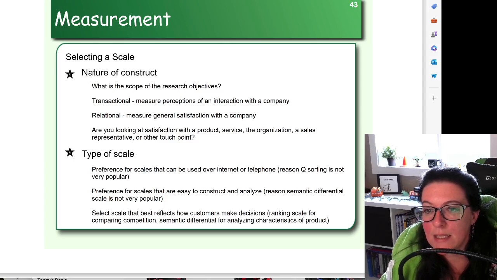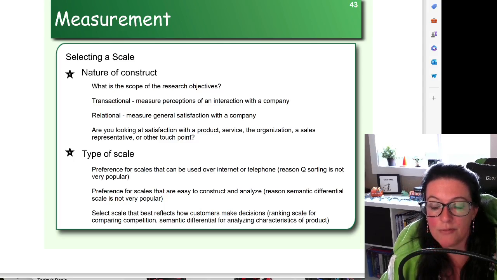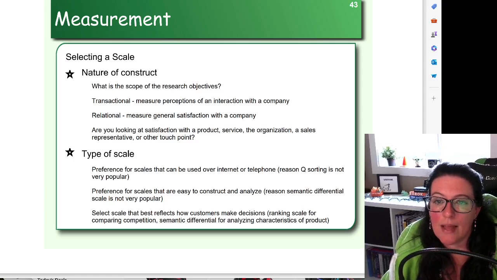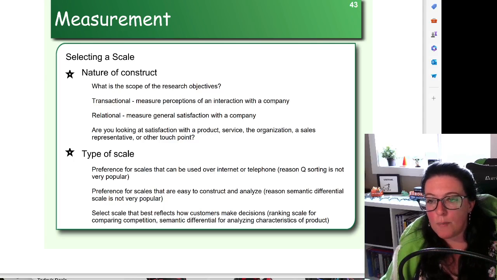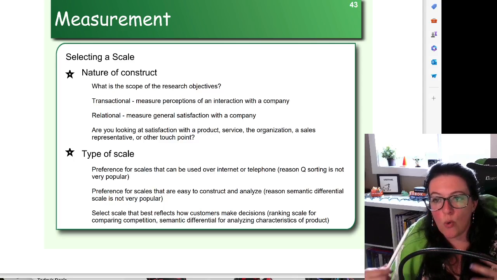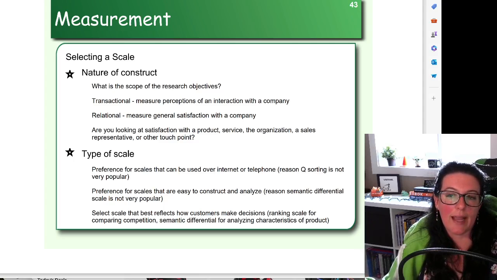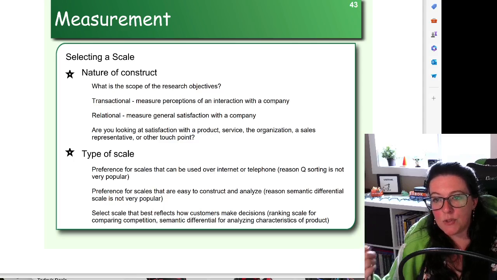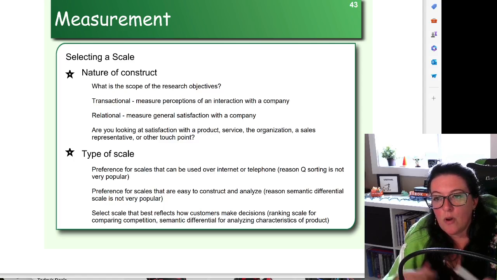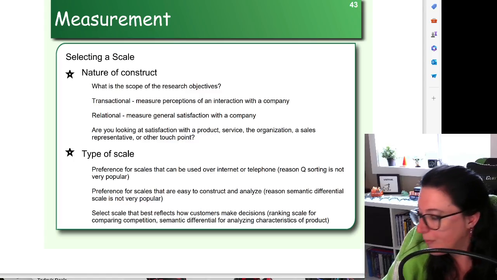So we want to select the type of question based on that ease of constructing, person filling out, us analyzing, us providing that summary. We also want to make sure that it is a scale and the options we choose for those are what reflects customers or the respondents, whoever those people are filling out our survey. So that's why when we come back to face validity, make sure that all the options that you need are there. Is what people are looking for when they fill out the survey, are those actual choices that they have, right? And if we go back,